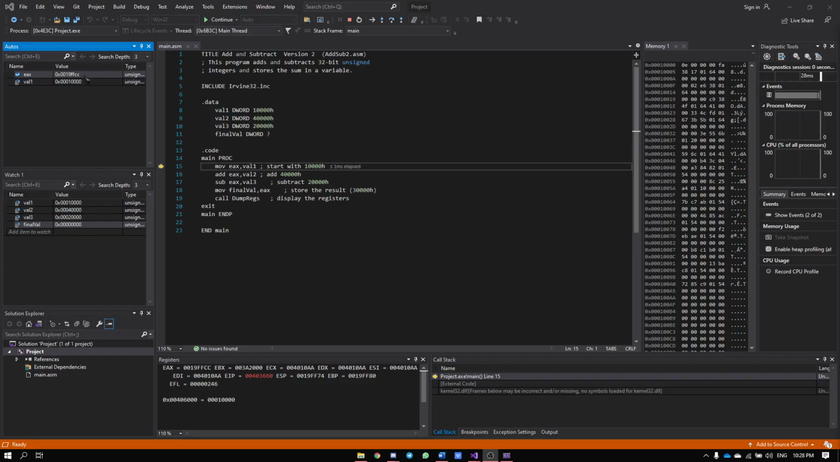Okay, here as we can see for the EAX, the address is 0019FFCC. So here we move value 1 to EAX, so it will change from 1000 to 10,000 here. As you can see here, the value now changed to 10,000. And then we add value 2, which is